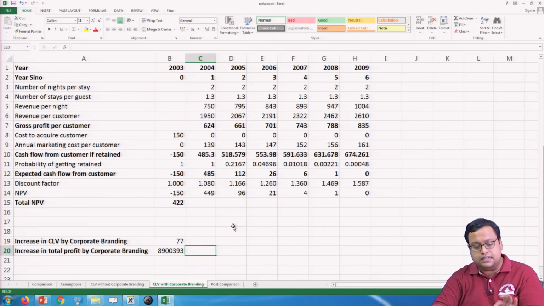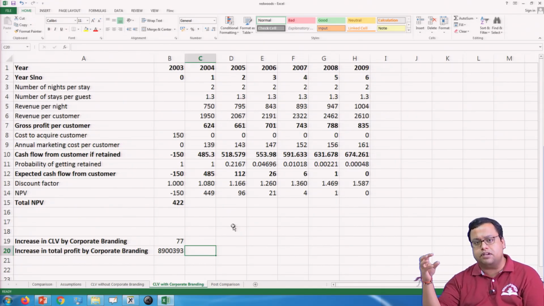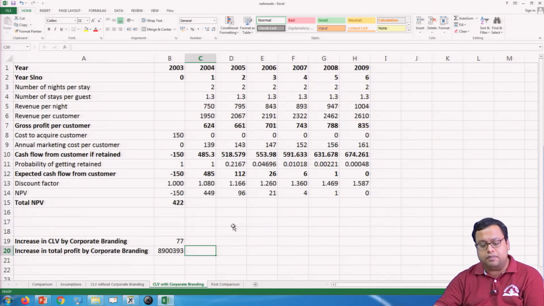So, that suggests that they should go for corporate branding, not for individual branding, though there will be lots of barriers from their company, that okay, I do not want to change, I will leave the job if you go for majority branding. If my boss dictates from Delhi that Great Eastern has to be run like that and Lila Palace has to be done like that, a person who is centrally located giving suggestions on how I will run my show here, then that is not right. That kind of feeling might come, but still, even after that feeling comes, it is better for them monetarily to go for a global branding strategy.